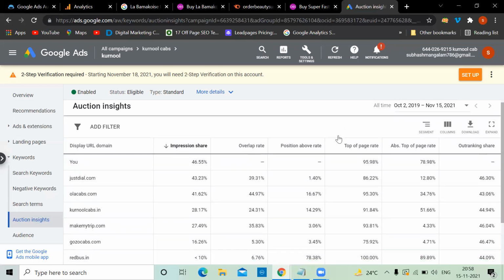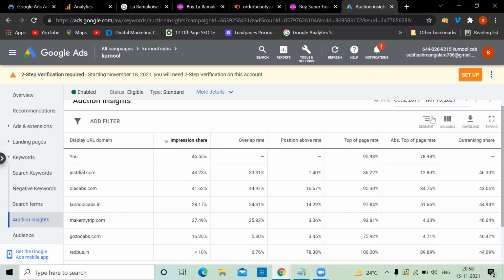Then there are two parameters: top of page rate and absolute top of page rate. When you're running ads, the top 4 ads will be there in the search results page. Top of page rate means if you appear anywhere in the top 4. Absolute top of page rate means exactly in the first position, how many times you appeared. So 95% of the time our ad appeared in the first, second, third, or fourth position, which is great.